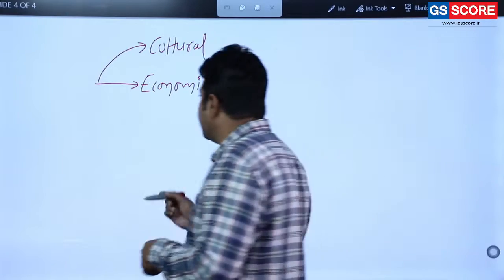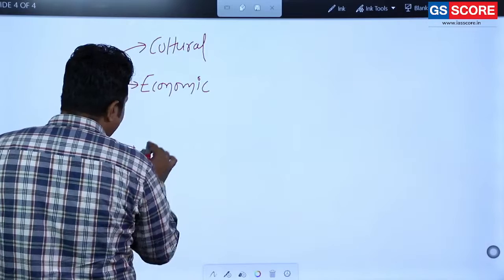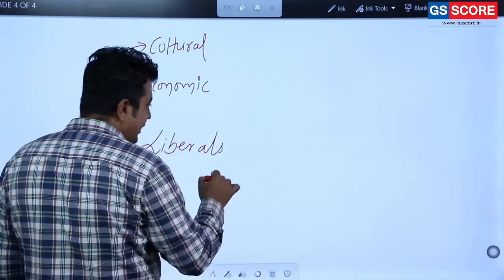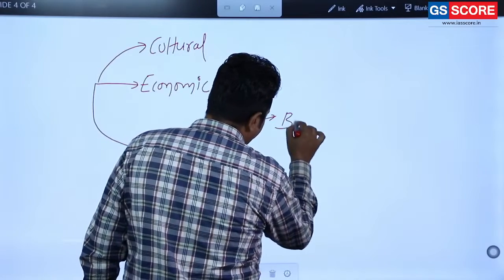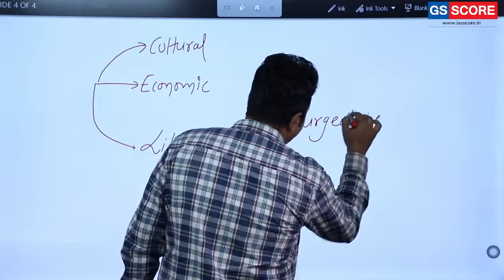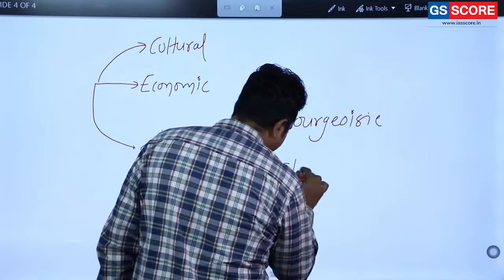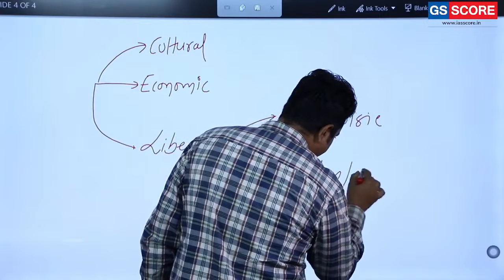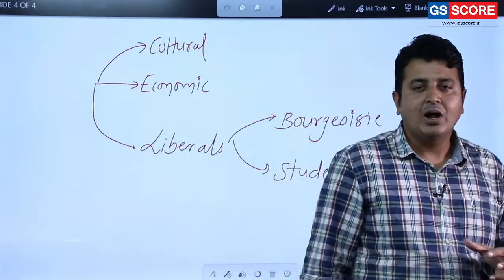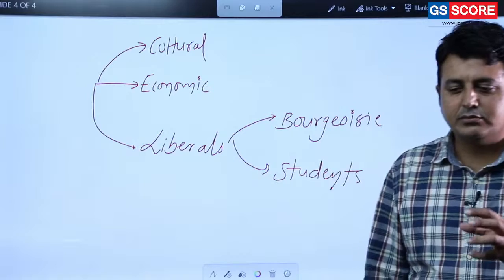So the next important force that played a role was the liberals. In the liberals, bourgeois and students. What role the bourgeois played, I just want to explain here. As they wanted